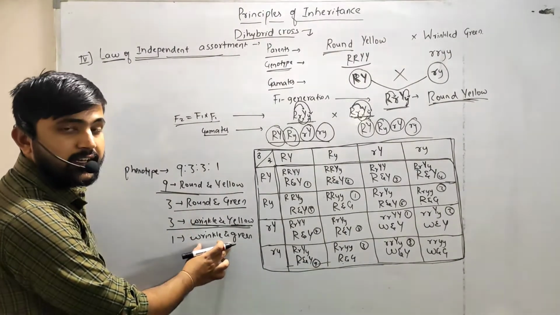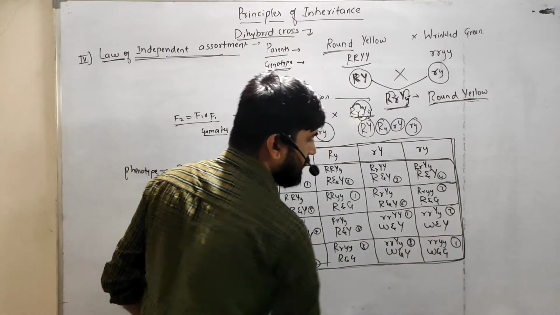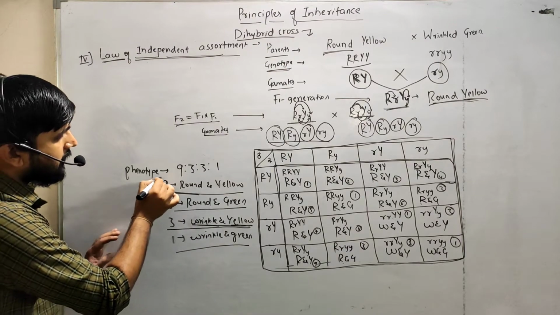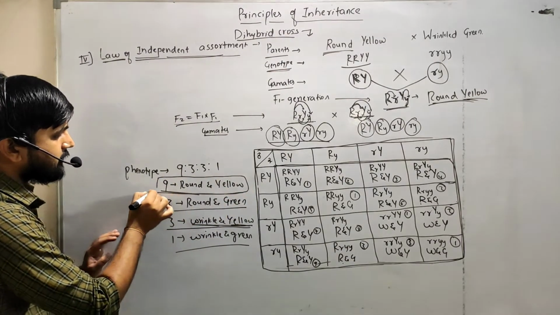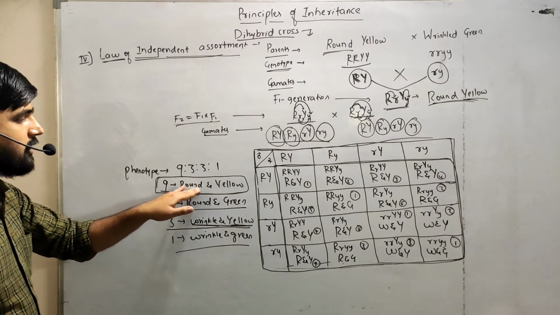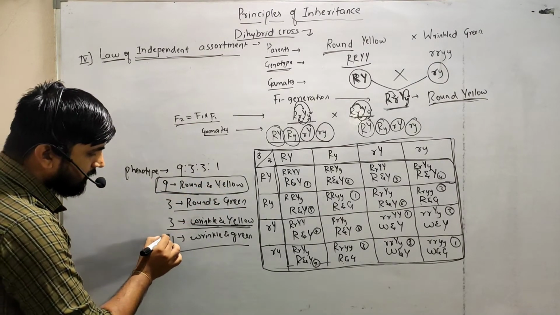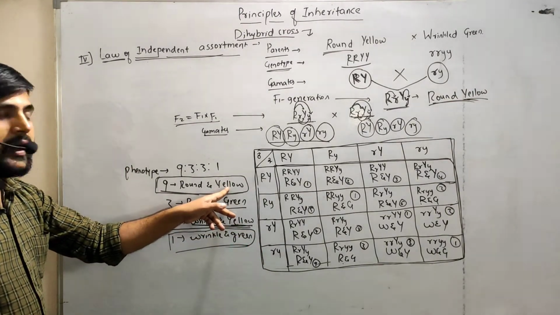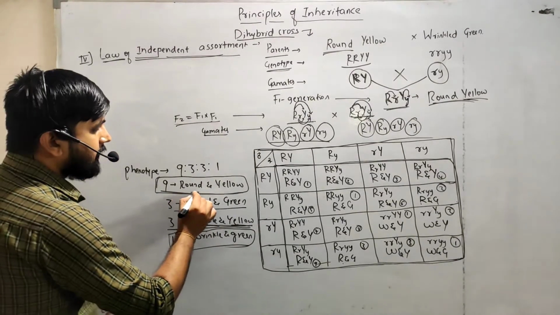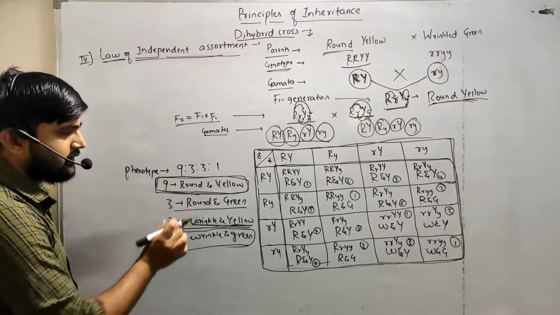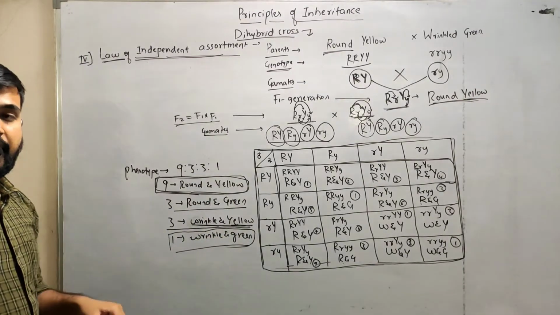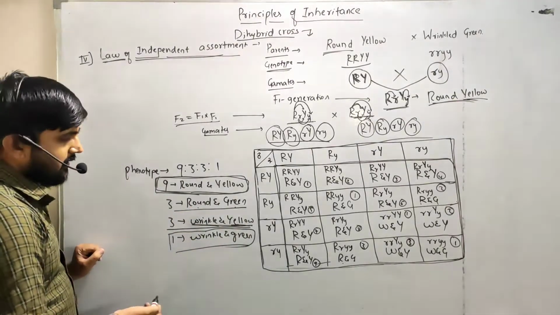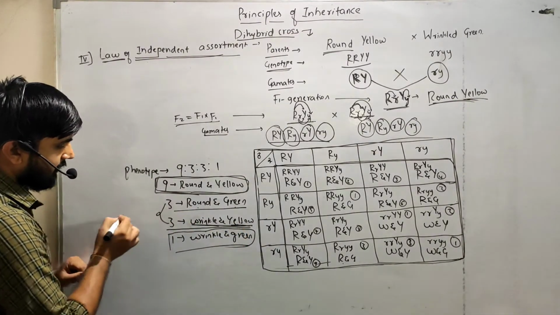And last one, the wrinkle green, we have only one wrinkle green, right? See here, 9 offspring possess the characters exactly inherited from the parents, round and yellow, and one offspring showing wrinkle and green, which are the main characters of the parents, that is round yellow and wrinkle green. But the remaining offspring show the new combinations, round with green and wrinkle with yellow. So these two are the new